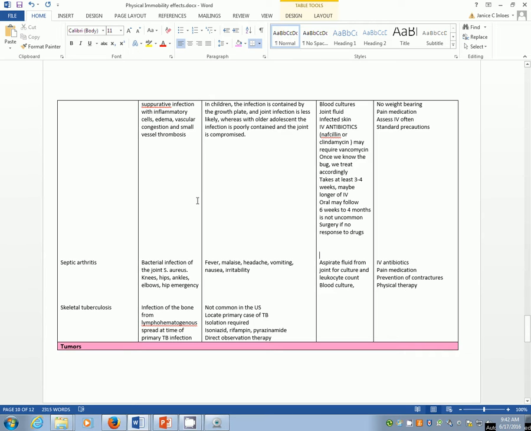Septic arthritis is a bacterial infection of the joint. So most arthritises are where? In the joint. So this is a bacterial arthritis, and so this is going to be very painful. Of course, it usually is in the lower extremities rather than the upper extremities, caused by Staph aureus. If you get it in the hips, then